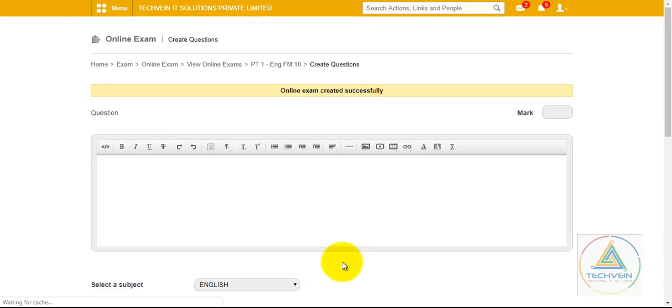Once this gets created, I will define the marks of each and every question over here. Here marks is not the total marks of the exam. Here marks denotes the intended marks for that particular question. Suppose I have full marks of 10 and I have to set two questions, so I set it as 5. So this question contains 5 marks. Now suppose this is question 1.